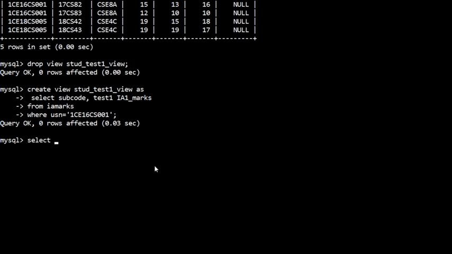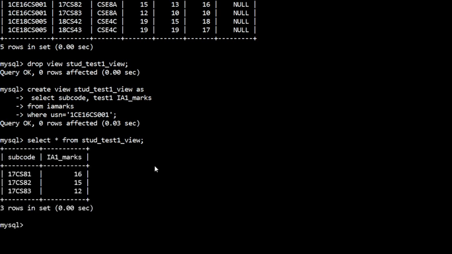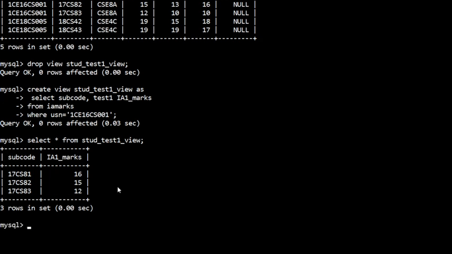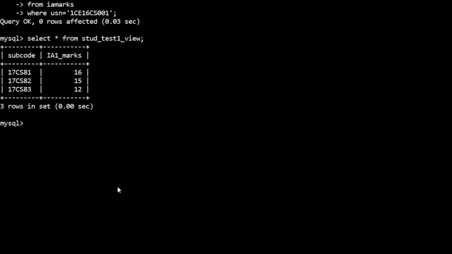Now let's select from student test 1 view. It shows in subject 17CS81 he got 16, in subject 82 he got 15, and in 83 he got 12. Okay, so this is the third query.